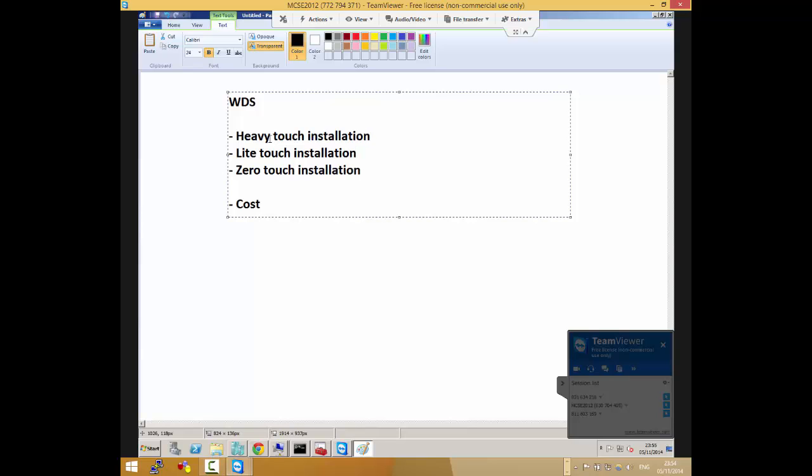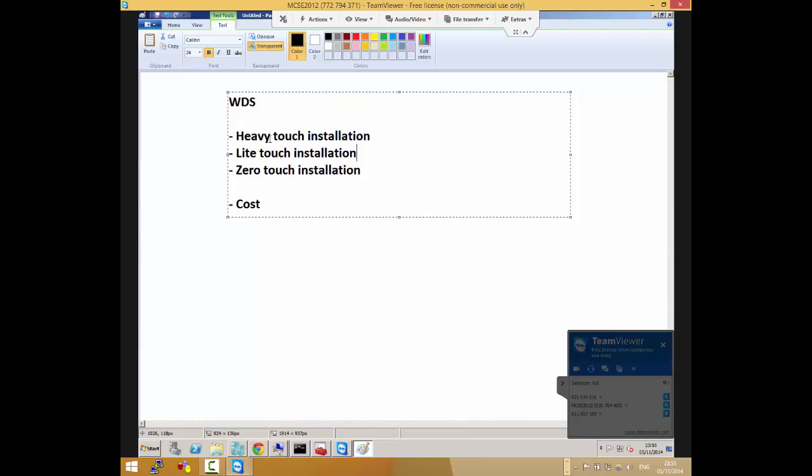Every touch installation means a type of installation where you have to actively select the options that you want. You have to be involved in the deployment process. More human intervention required. Exactly, a lot of human interaction. Light touch means there is a level of human interaction involved, but not that much.